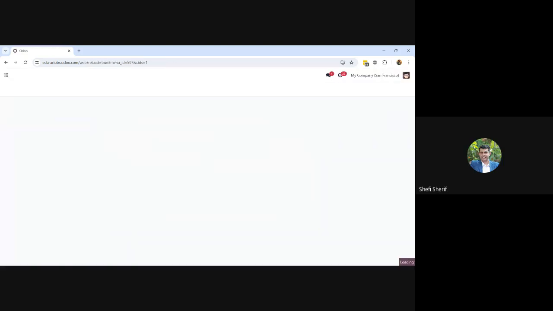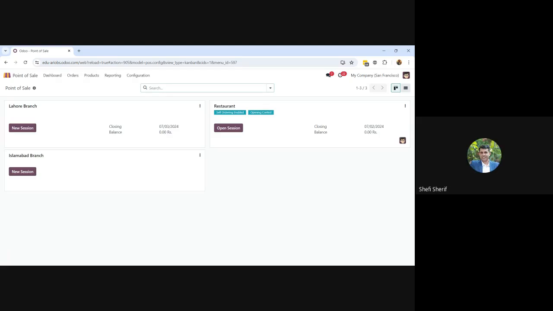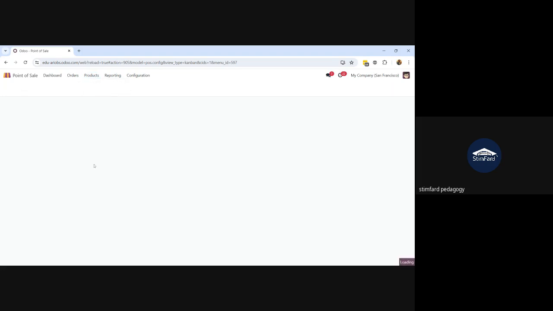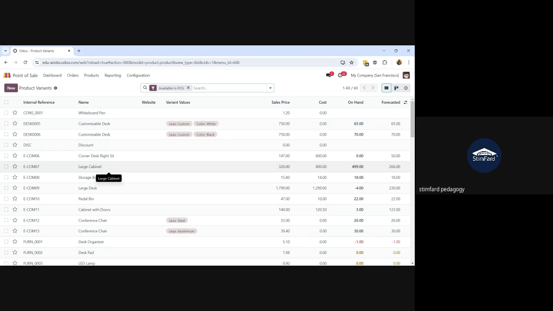The barcode, where can I enter the barcodes for each of the products? And barcode printing also is necessary, right? Barcode printing and the barcode have to be entered towards each of the products, right? That is so simple, Shafi. If you go to the products, or if you have product variants, you can go to the product variants. Variant means in terms of size and colors. Go to the product,